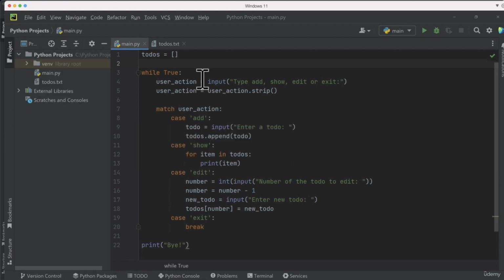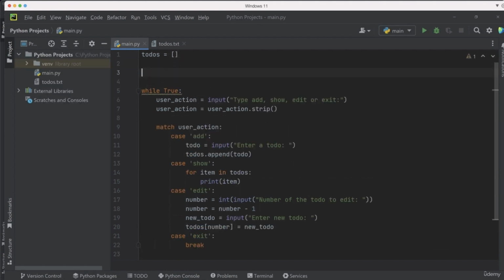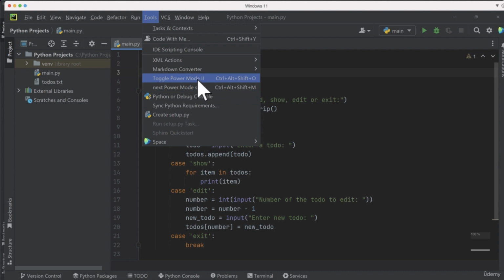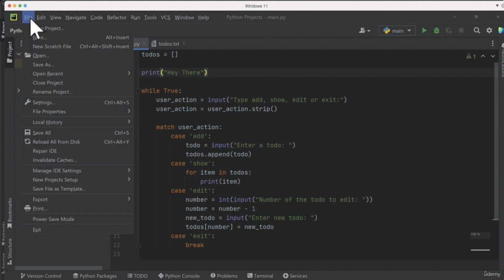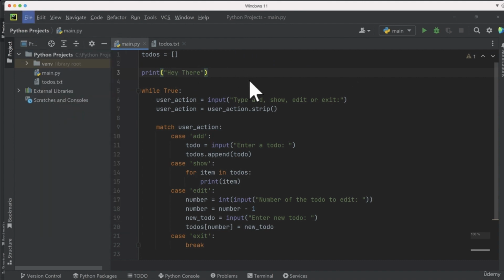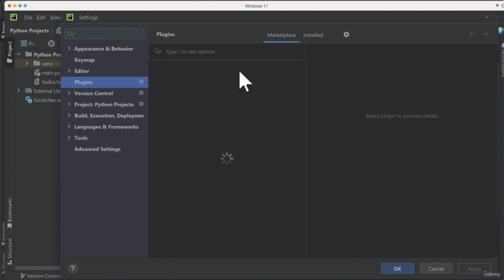And after I have restarted PyCharm, I can code something, and you'll see these sparks. So that could make coding more fun, more interactive perhaps. Some people like it, some people hate it. If it didn't activate for you, try Tools and Toggle Power Mode, so try that and try again to code to see those sparks. So again, if you go to File Settings, under Plugins,